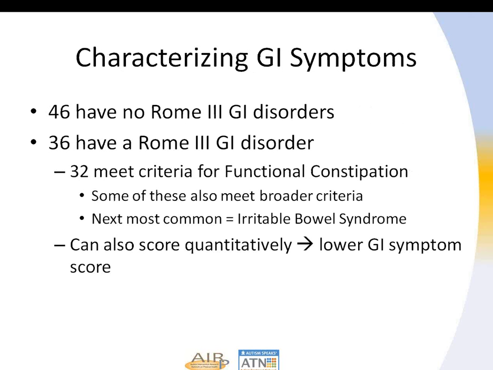These GI symptoms can, as David discussed, be looked at in a number of different ways. The first way we looked at it was to sort out those who clearly have a diagnosable GI disorder versus those that don't, identifying that functional constipation was clearly the most common GI diagnosis that could be made, and then identifying those individuals with functional constipation versus those that don't have a diagnosis at all. The other approach is to think about lower GI symptoms, which are the most common symptoms seen in this population, as a quantitative score to index severity in some way.